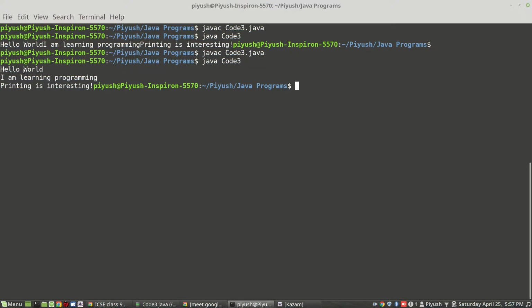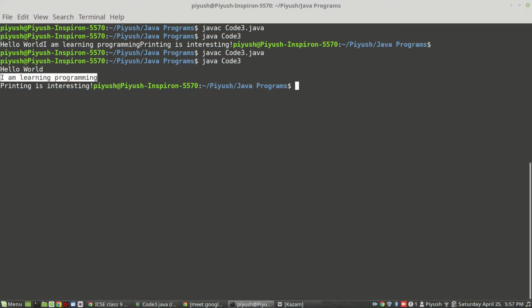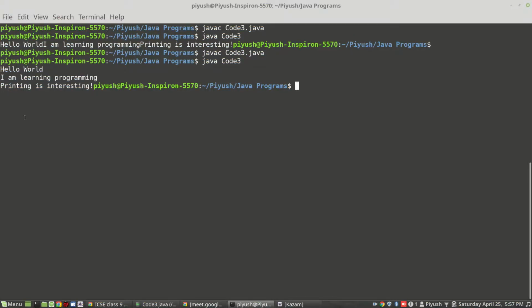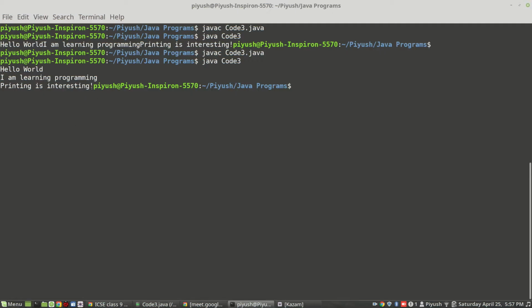So you can see this change line after Hello World. The first print brought the cursor to the beginning of the second line. Then "I am" was printed by the second print. Okay, that is this one. And after printing, it again changed the line. So your program came to the beginning of the third line, and then the third print statement, which is not println, only print, will print and stop. So it printed "interesting" and it stopped. Your program is over. That's why my command prompt, which generally starts on the next line, did not change line. It started immediately after it.